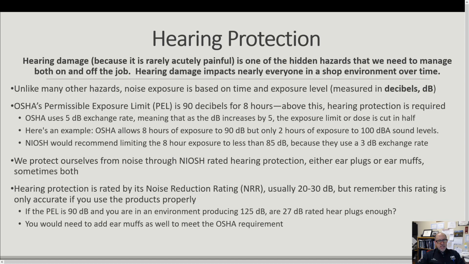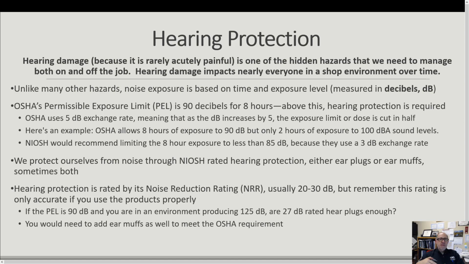Just to decrease the tension in your body. At the end of the day in a shop like that, you're going to be really tense just from that exposure. You'll feel a lot better, be a lot more relaxed in the day if you wear hearing protection. OSHA uses the 5 decibel exchange rate, meaning that as decibel level increases by 5, the exposure dose or